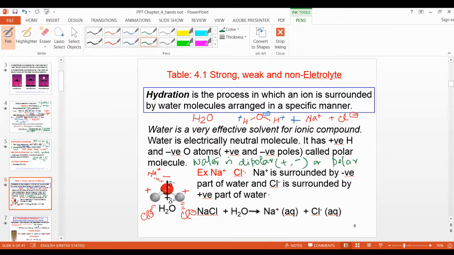If the question may be asked, please show what is hydration and show it with the help of a diagram. What is hydration? Show with the help of a diagram. So what do you do? This diagram is very difficult to form, so you can write it like this. You can make the diagram like this. I will show you now. One minute.